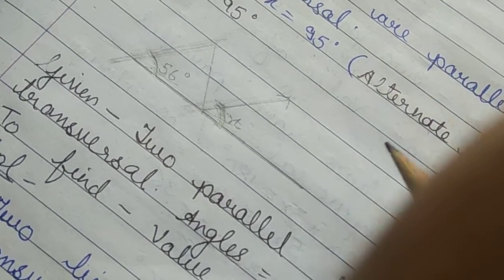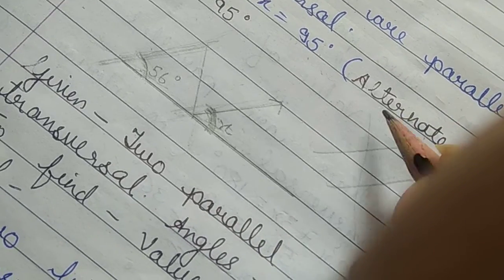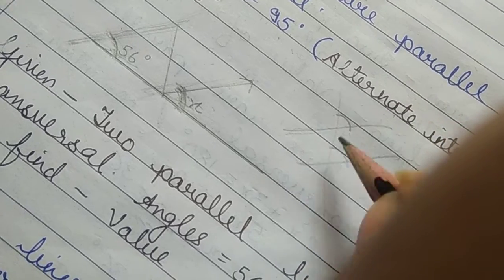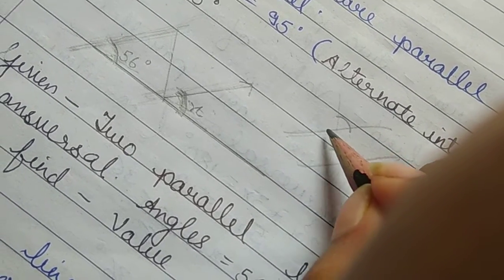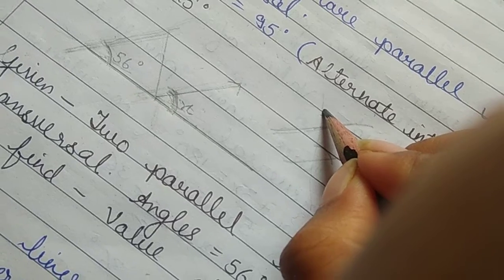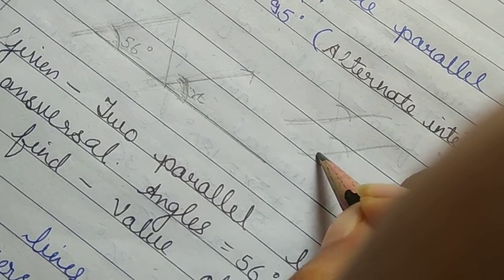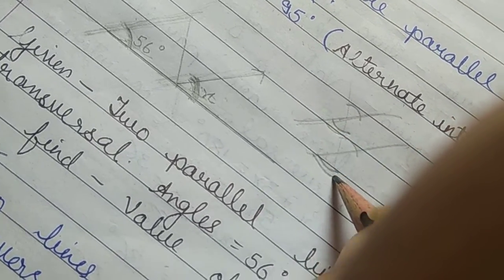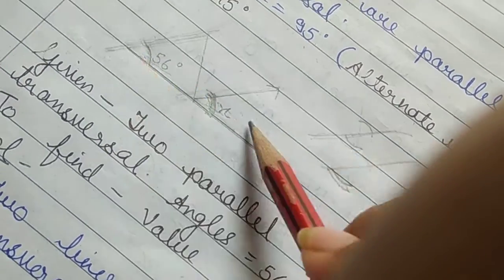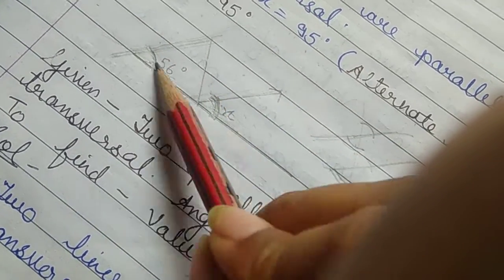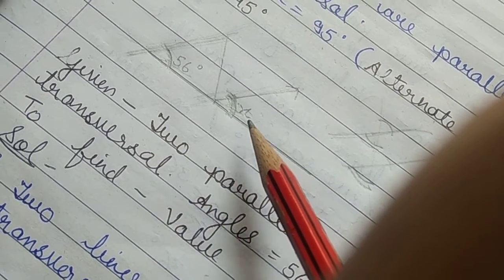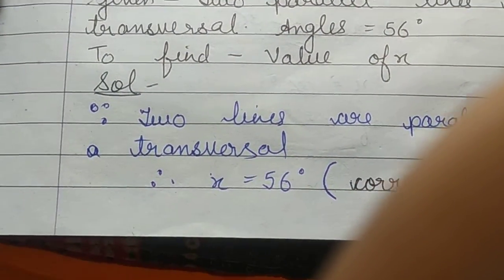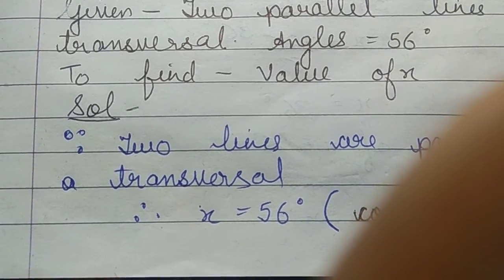See, it could be two ways. Both the angles could be either above the line, these are the parallel lines, and this is the transversal, so same side has to be there. If the first angle is above the parallel line, the second angle has to be above the line. And if the first angle is below the line, then the other also has to be below the line. So here both the angles are below the line. So therefore they are forming corresponding angles. And what is the relation between corresponding angles? They are equal to each other. Therefore x and 56 have to be equal. Therefore value of x is 56.